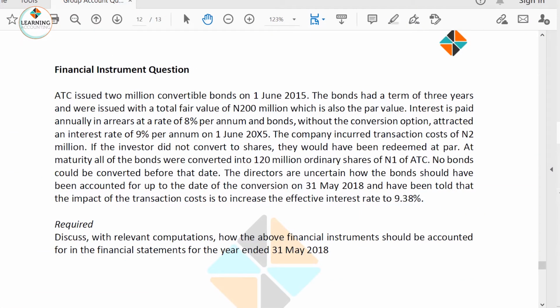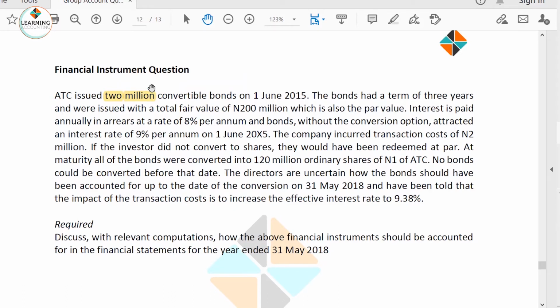Okay, so here we have a question, and the question requirement is asking us to discuss relevant computation on how the above financial instruments should be accounted for in the financial statement for the year ended 31st May 2018. So here's a question that's on the convertible instrument. It has asked us to discuss, so while I will be solving the question, I would also be discussing them with you. So the question says ATC issued 2 million